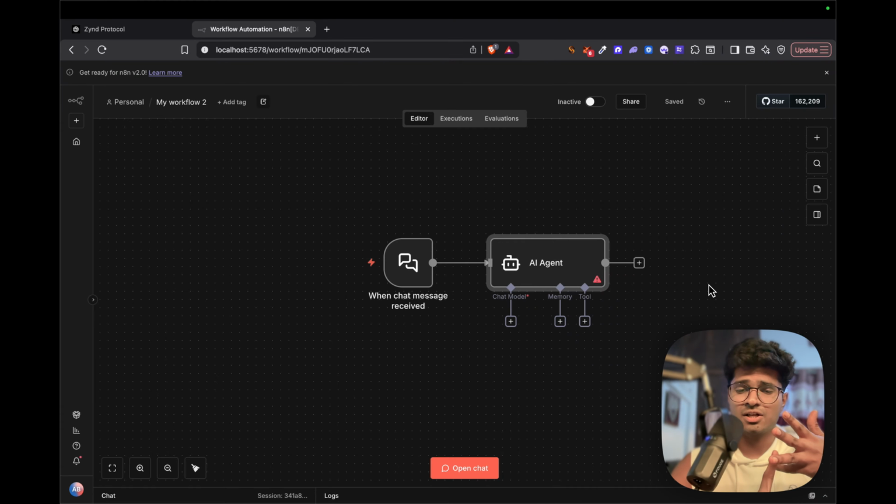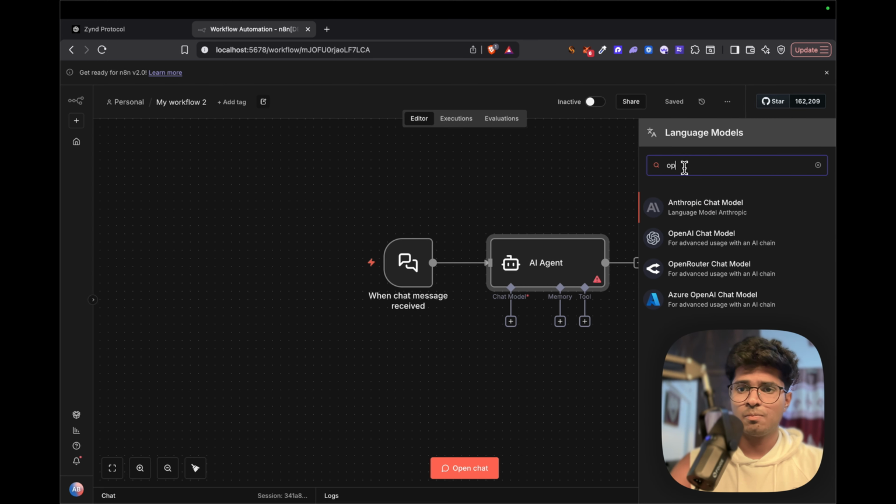Or if you have a custom model, then you can use the custom model agent node. And if your model is hosted somewhere, it has Ollama integration also. So if you have a custom LLM deployed somewhere, you can directly connect that chat model to this AI agent. Currently I'll go with OpenAI